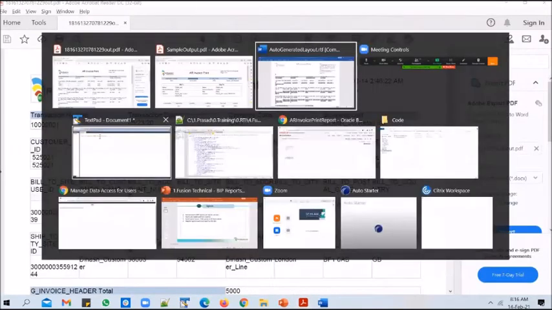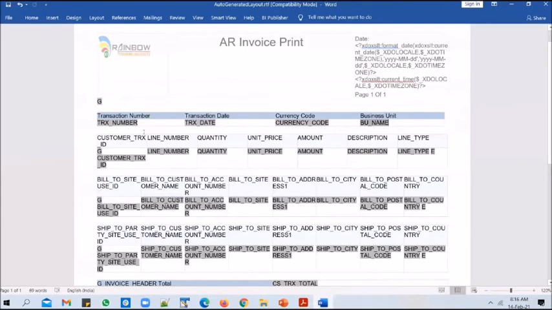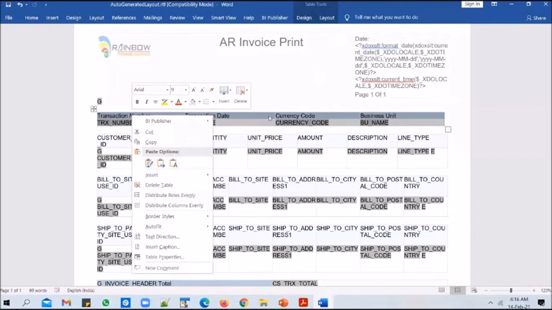So to make that change, you go to the RTF document and you select the table rows, do a right click. So from here on, for the next 15 minutes, whatever I'm going to teach you, it is like a Microsoft Word class. So if you know how to work with a Microsoft Word document, you are an expert in building an RTF document, as simple as that. So if you don't know MS Word, please learn it.